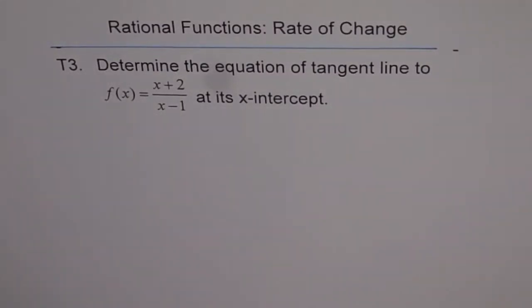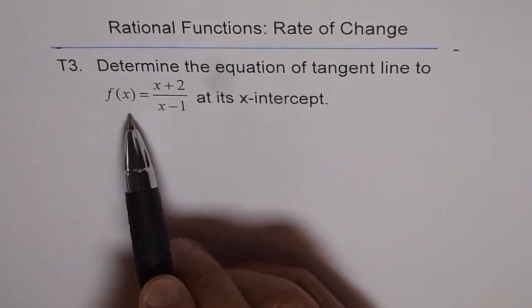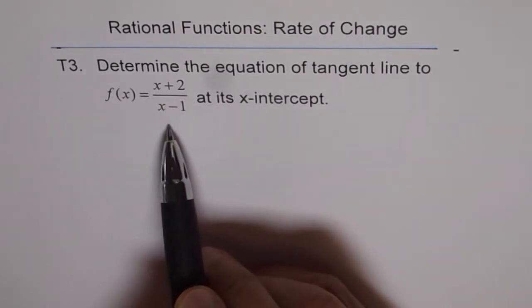Here is a solution for T3, the third thinking problem from our worksheet, which had 4 sets of questions, right? The idea here is that you should go through them in sequence. First, try to answer these 4 questions yourself, and then look into the solution in order, T1, T2, and then T3. Determine the equation of the tangent line to f of x equals x plus 2 divided by x minus